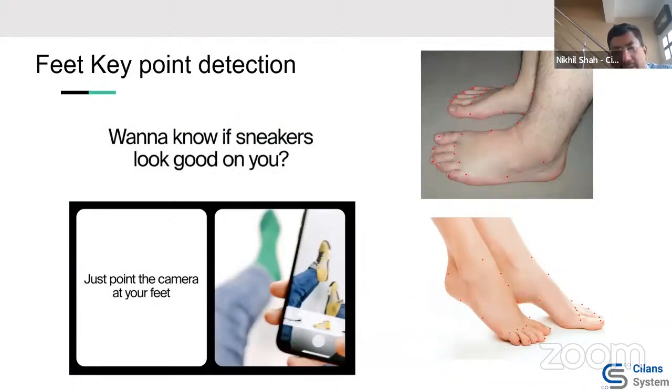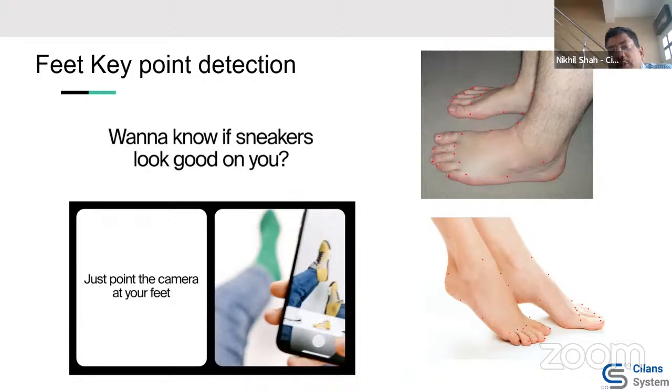So I wanted to share some of these practical examples. This is some work we did some time back for one of our clients, where they wanted to develop an application using machine learning algorithms. Basically, I can take an image or video capture of my feet. The machine learning algorithm would automatically put the contour line and identify some 15 different points, like these red dots. And then using the red dots,